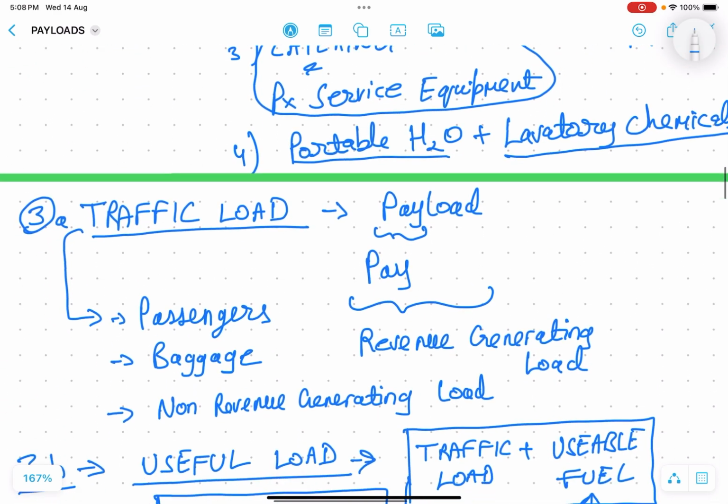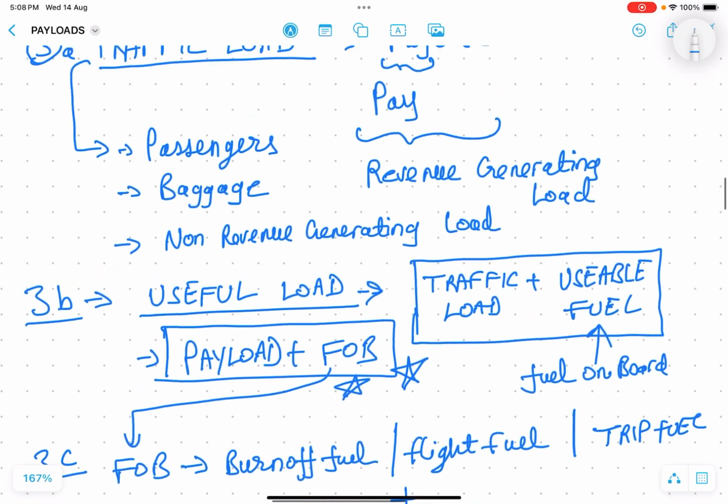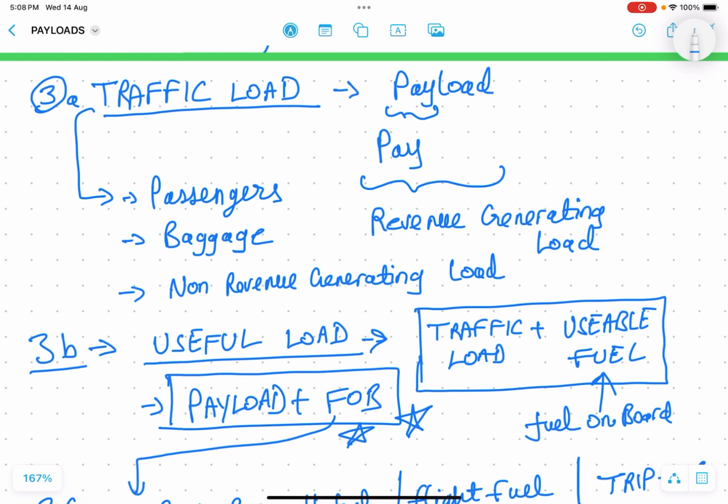The third definition is traffic load. Basically there are three kinds of loads. The first is traffic load. It means the passengers, the baggage of passengers, and non revenue generating load. So basically what happens is when passengers pay the airline for travel, they are called revenue generating load, because they are creating revenue for the airline. And there is one thing called non revenue generating load. For example, if I work for an airline and I get to travel sometimes for free, I will be a part of traffic, but I won't be helping in creating any revenue for the airline, so I will be non